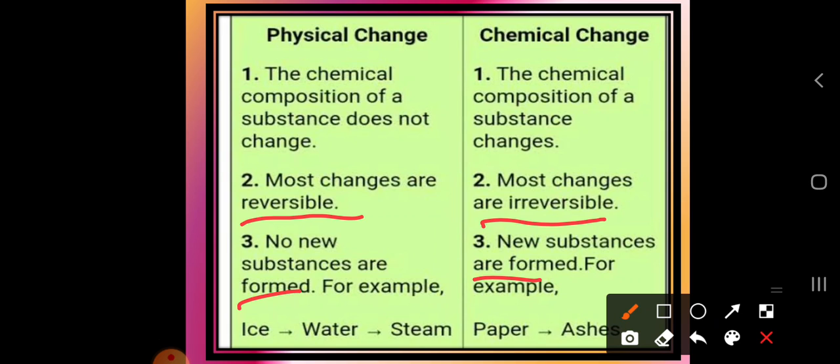So, these are the basic concepts we have covered today about the physical change and chemical change, as well as the separation techniques, and today we have completed your second chapter, dear students. Soon we will discuss a few more questions related to this concept, and later on we will go for the biology concepts. Just go through the concept. After completing this class, I will send all the slides in PDF form, so you can utilize them.